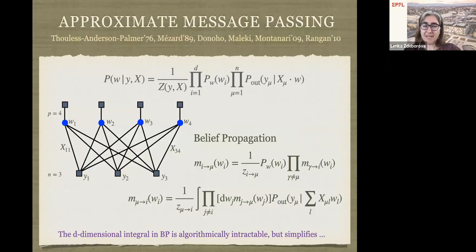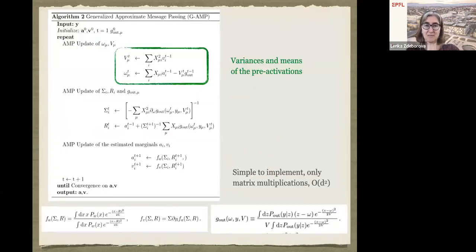The approximate message passing algorithm is a message passing algorithm derived from what's called belief propagation, an approximate algorithm where you write the posterior and represent it as a graphical model. This is not a tree; belief propagation would be exact if it was a tree. It is not, but you nevertheless write belief propagation. Then you consider that every factor node and every variable node has many neighbors, and you can use that to simplify belief propagation into a form called approximate message passing, which has a pseudocode sketched here. And it's very simple to represent.